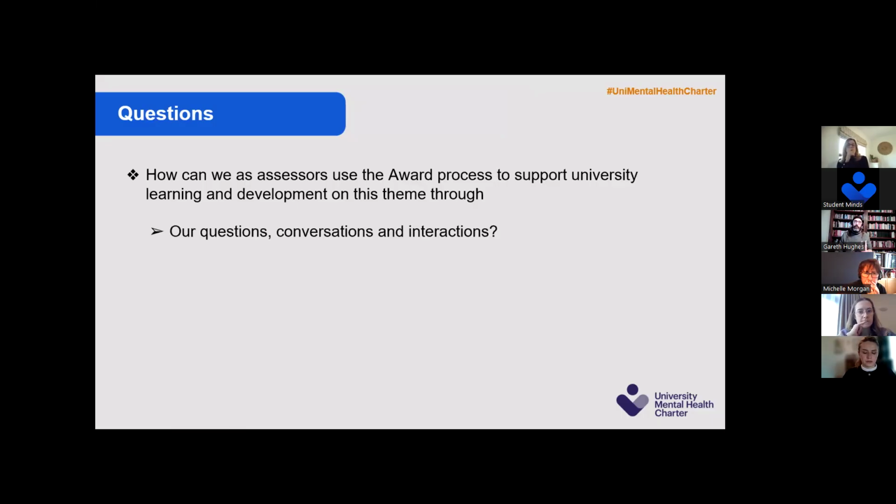One, if you think first of all about the interactions that we have with universities, the questions that we ask when we go on the on-site visit, the conversations that we're having with colleagues through all of this, how might we shape our questions? How might we use the questions that we ask colleagues as an opportunity to educate as well as to gather information? Are there things we can think about? Are there things that we may observe that we want to talk about in doing all of that?